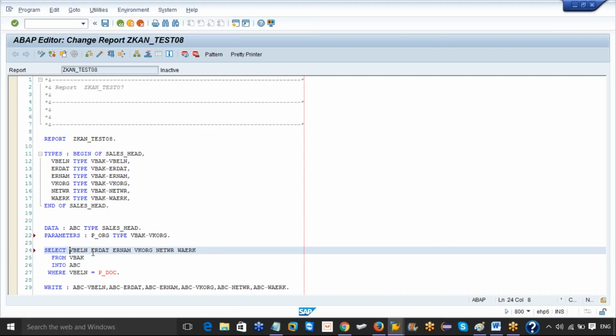If you are sure that you are going to get one record, then only use the single keyword. Otherwise don't use that. Similarly, one more question. If you don't give SELECT SINGLE, and in that statement, if you don't give a where condition,